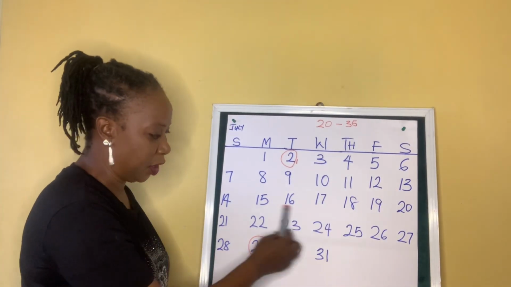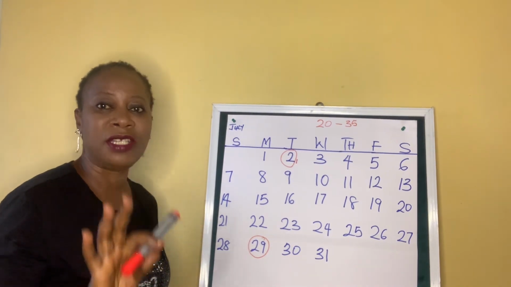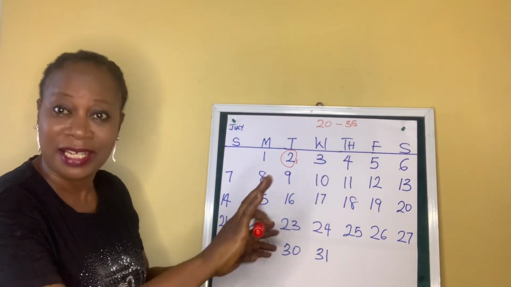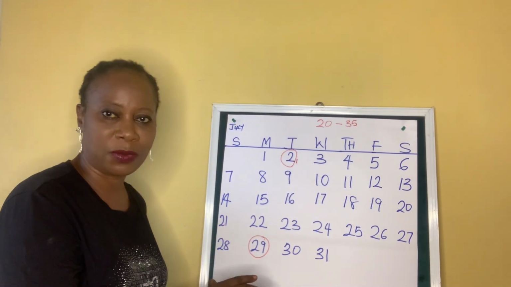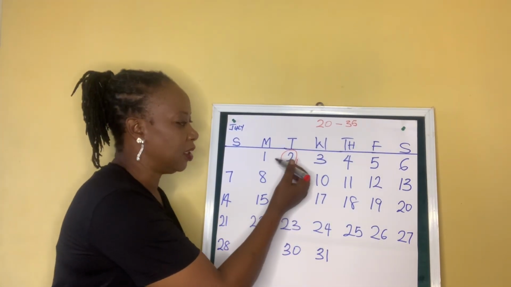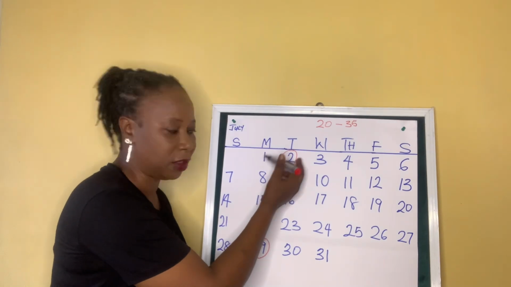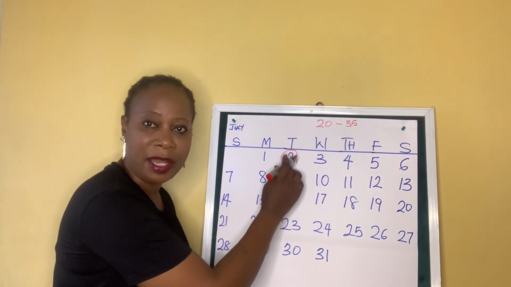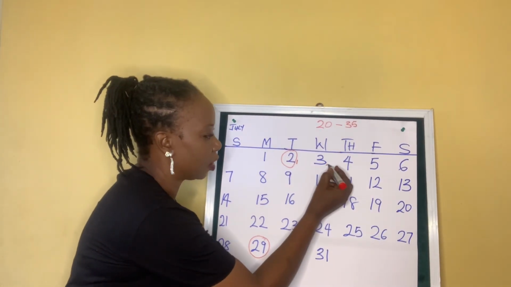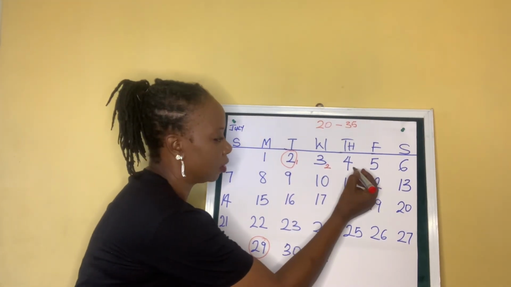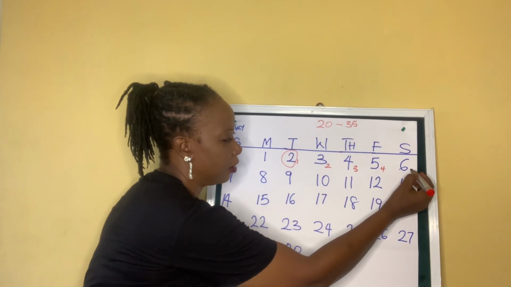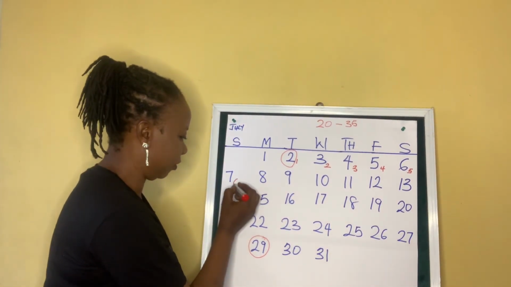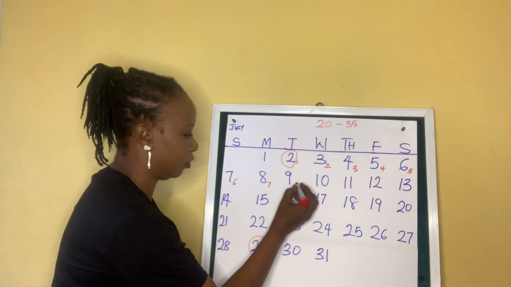All these days in between are the days of the length of your cycle. So let's count. This is the first day of your period. You count it as day 1, 2, 3, 4, 5, 6, 7,